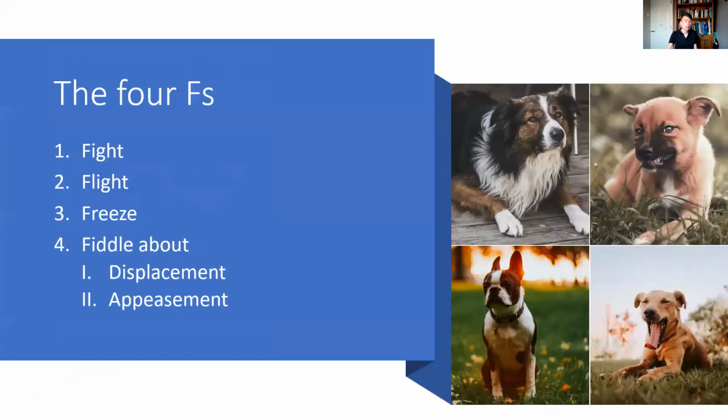So in terms of those signs of potential fear and stress in dogs, there are a few things to look out for. There are 4 big categories of responses that we see in dogs when they are experiencing fear. So the first thing is to fight. So that's that aggressive response, that fighting response to make that fearful stimulus, that threatening person, dog, whatever it might be, go away. And the second one is flight. So rather than making the thing go away, the dog getting out of there, the dog running away. That's always a good one.